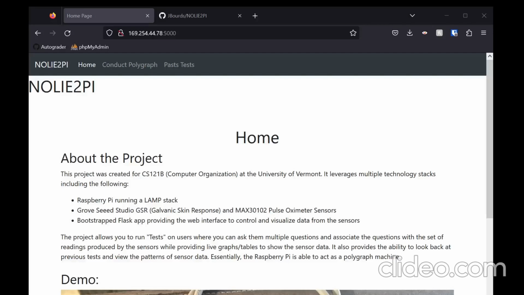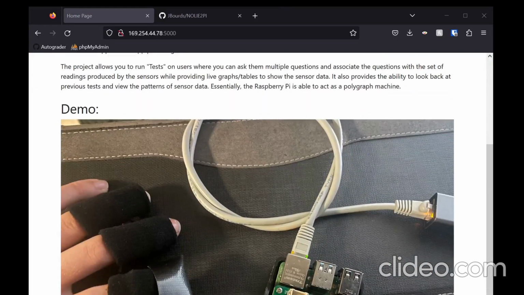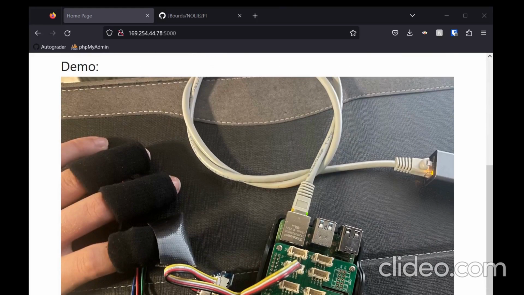NOLIE2PI is a project I made which uses a Raspberry Pi to create a polygraph device. So this is a completed version of the project, and it is comprised of a Raspberry Pi Model 4, a Grove base hat for Raspberry Pi, a Grove GSR sensor, galvanic skin response, which measures skin conductivity through perspiration, and